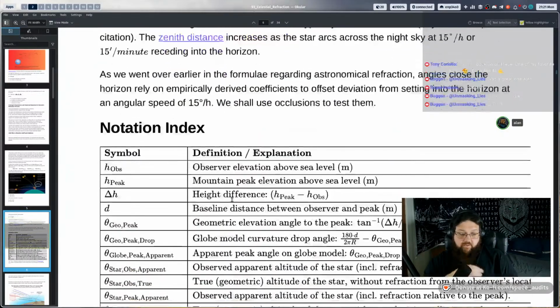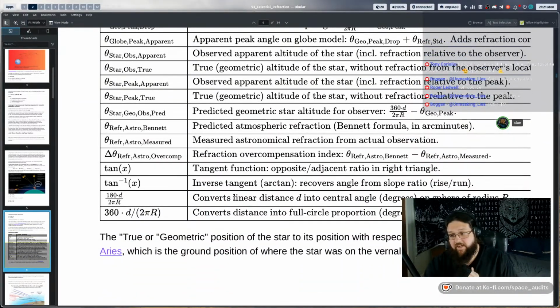Yeah, it's a gross mischaracterization of the two types of refraction, because like we went over earlier, astronomical refraction is dependent on variables that are not contingent on the variables that control the terrestrial refraction, because terrestrial refraction is bound to the boundary layer, which is where the temperature affects the humidity. It affects things closest to the surface, because that's where the heat transfers the most. But as you get further away from the surface, that transfer dissipates, and there's no relation between the effects on the ground and a path of light coming in from the sky. And that was fully substantiated with the measurements that we went over.